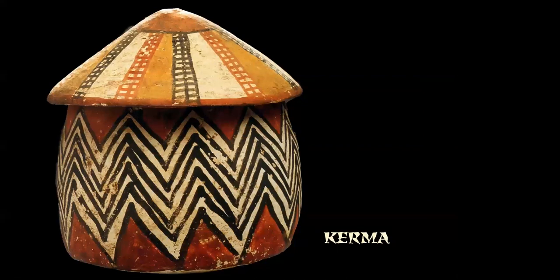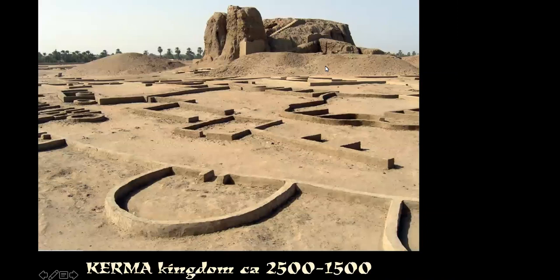And this one too, with a very African looking pattern, beautiful pigments in various shades of ochre, out of the Kerma culture, possibly a model house. This looks a lot like a roof on some of the clay walled thatched topped houses that you still see in Central and Eastern Africa, various regions. But Kerma was a